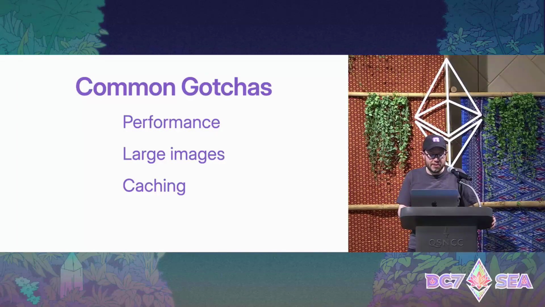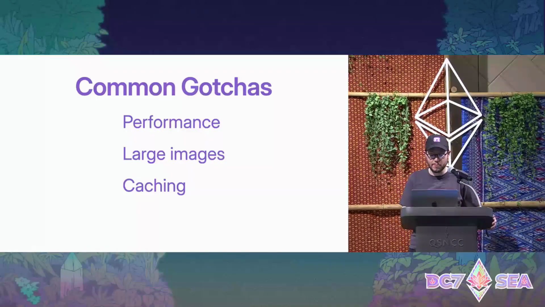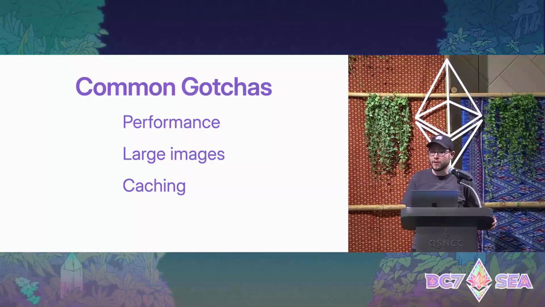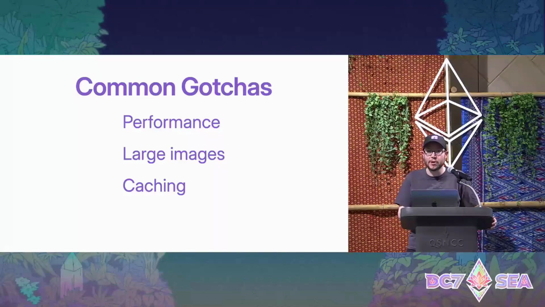Third pretty common gotcha is caching. Your initial frame will always be cached by clients, and that initial image will be cached according to whatever cache headers you send down to the client. So it's possible to build frames with dynamic images, but it can be tricky to get right. Fortunately, there are good tools for testing this out. Warpcast provides a frame validator tool that can show you your cache headers. We're going to look at the Frames.js debugger as well when we build out this frame shortly. So those are good ways to experiment with and watch these gotchas.